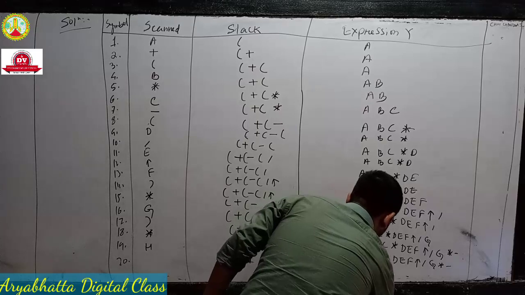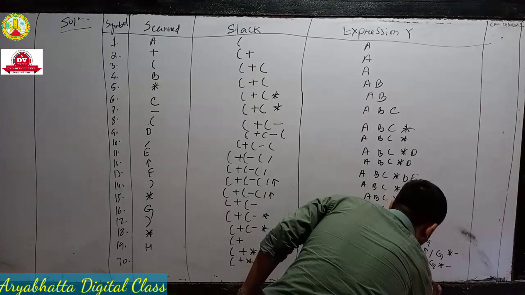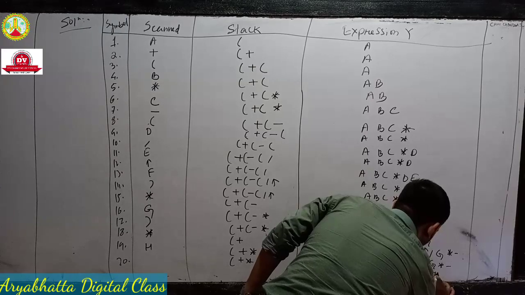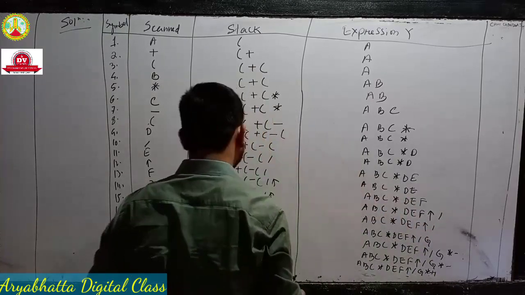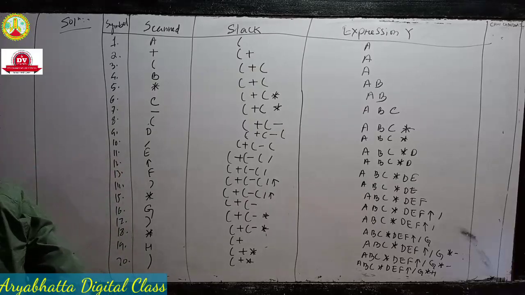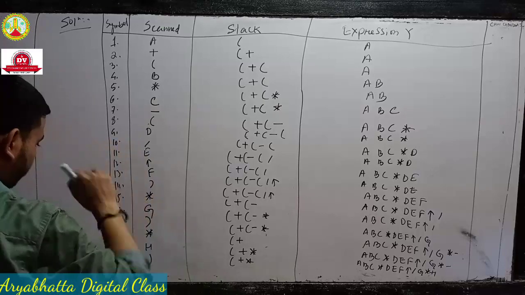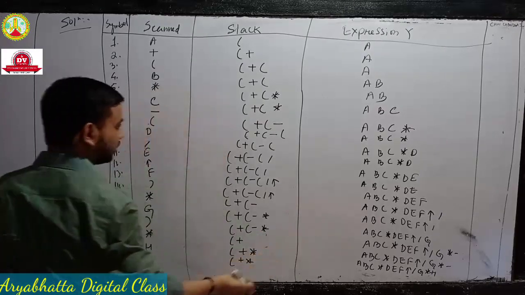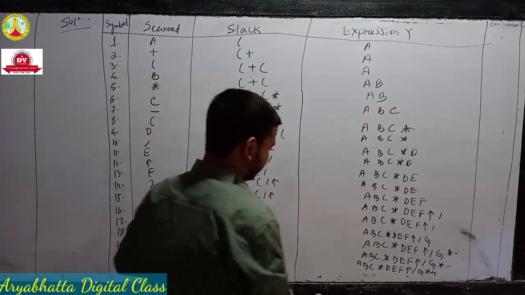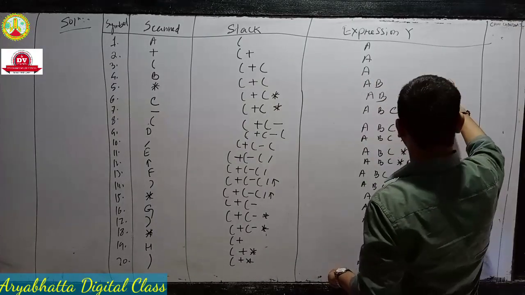This is A B C D F H, and finally in 20 this closing bracket. Closing bracket means this completely goes in here. Means the final expression is, after that you write, the final expression is A B C